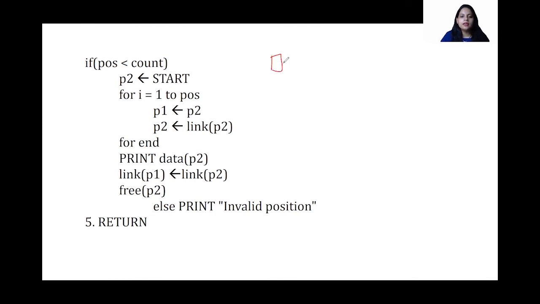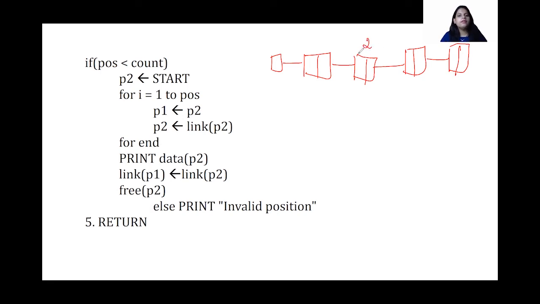Now, one thing, please note here, students, about how this particular code works. Suppose I have a given position in this linked list, and I want to delete a node from the second node. When I give a position 2, the node after the given position is what is going to get deleted according to this code. Okay, so let us see how it works.